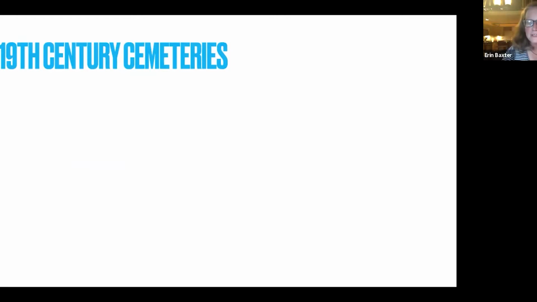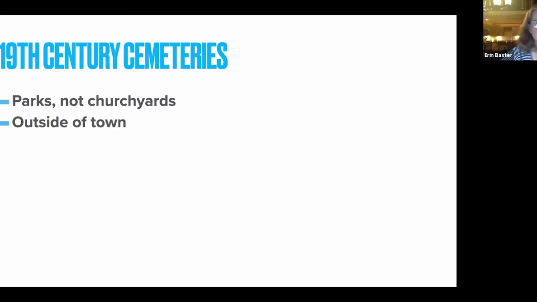And there are a number of reasons why people decided not to do this. They moved people out of churchyards into sort of parks that could be visited, and that were often outside of town and places to recreate. And so that you weren't recreating or visiting or disrupting church services, but you were also sort of being, I'll just get to this,